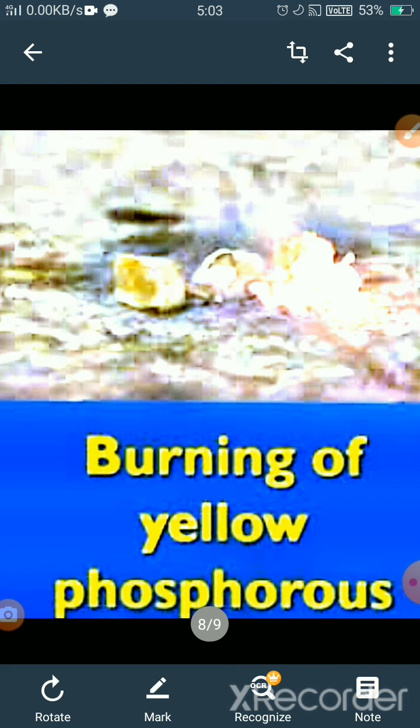For example, a substance like white phosphorus catches fire or ignites spontaneously at room temperature. During summer, when the temperature rises above 35 degrees Celsius, it catches fire on its own. That's why phosphorus is stored under water. Similarly, sodium metal, which is a very highly reactive metal, catches fire at room temperature, so it is kept under kerosene. So these are the types of combustion.